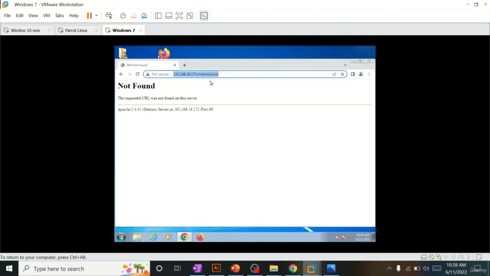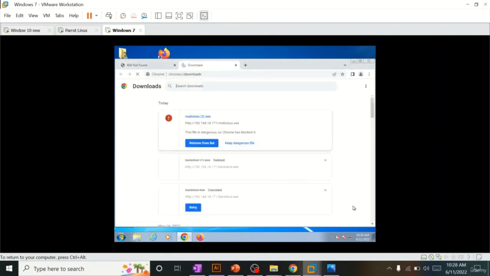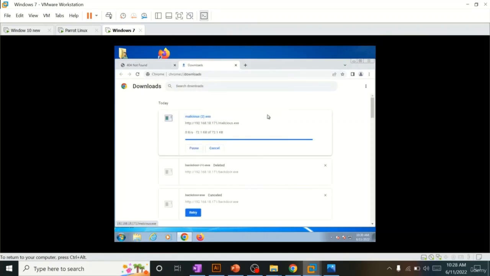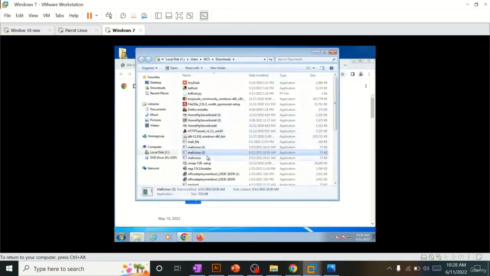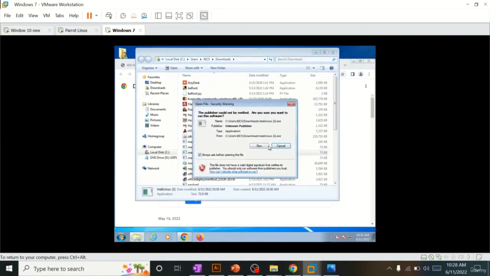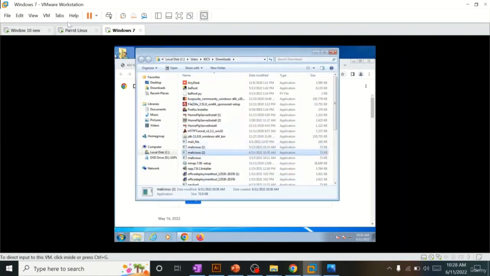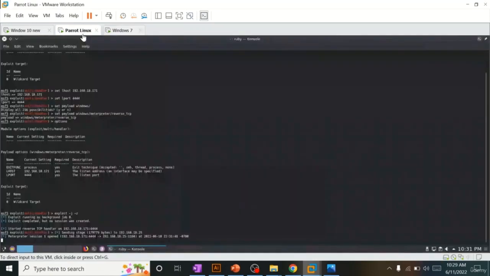Okay, I should correct the spelling. If I go there and keep the danger file, keep anyway. Okay, now if I move to the folder, you can see malicious.exe is present here. When I try to run this payload, I try to run this, and here you can see,